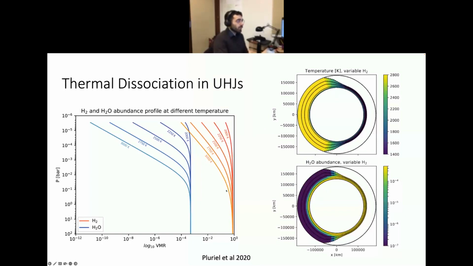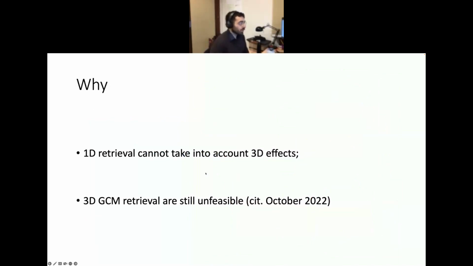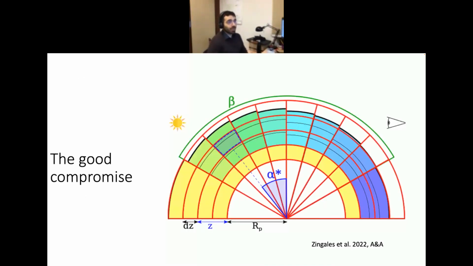So when we perform atmospheric retrieval, we saw that sometimes 1D retrieval cannot really take into account these 3D effects, especially in ultra Jupiters. We have extreme cases, indeed. And at the same time, we still cannot use today, with our tools, fully consistent three-dimensional models within a Bayesian framework. So a good compromise would be to use two-dimensional models for the atmosphere, where we can describe an exoplanetary